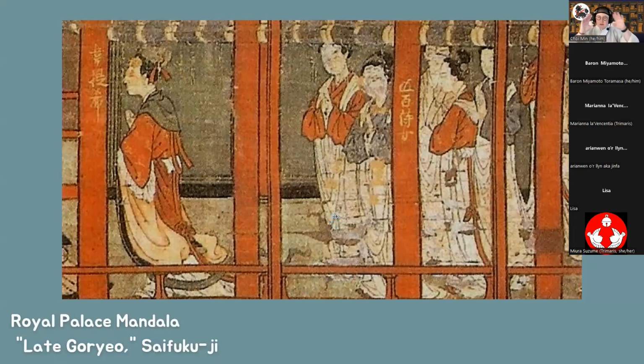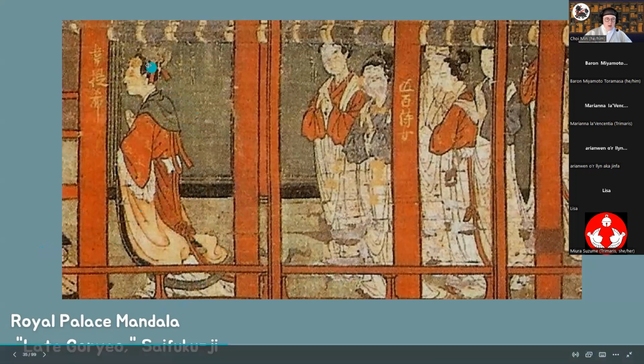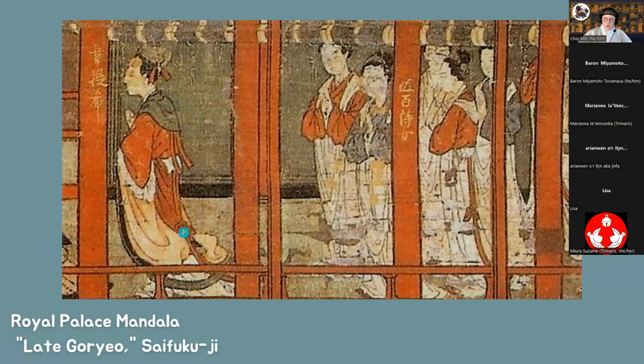It's like the royal palace mandala, so it shows a bunch of palace depictions. And then if you zoom in on a balcony, there's a queen walking in, and it's very Song Dynasty in style. So we've got ruffles on the sleeves, and again, since this is a religious painting, we're assuming that these are what would have been a more ritualized outfit rather than everyday.